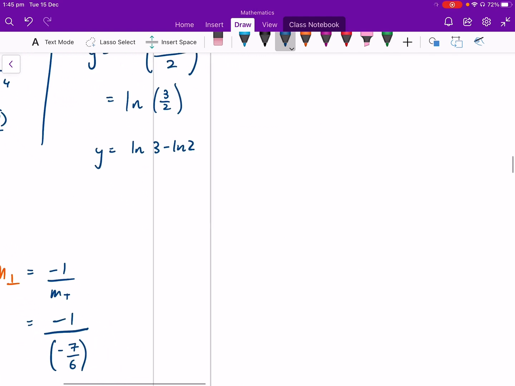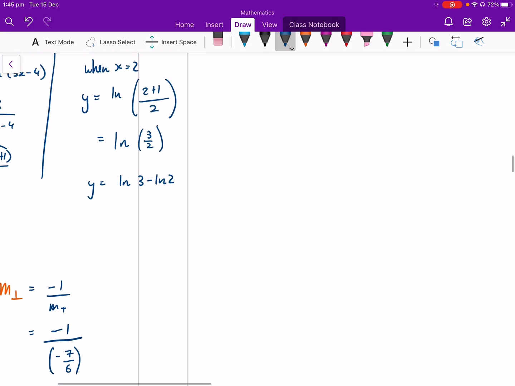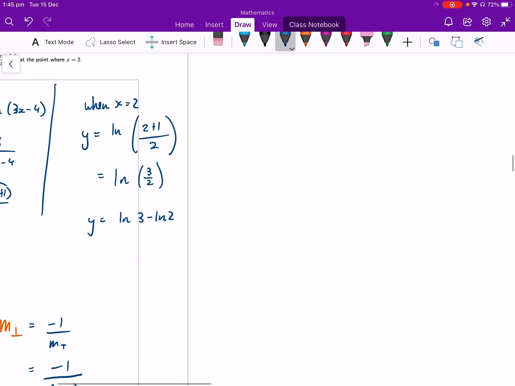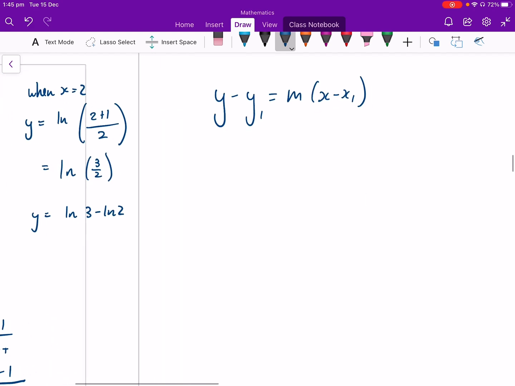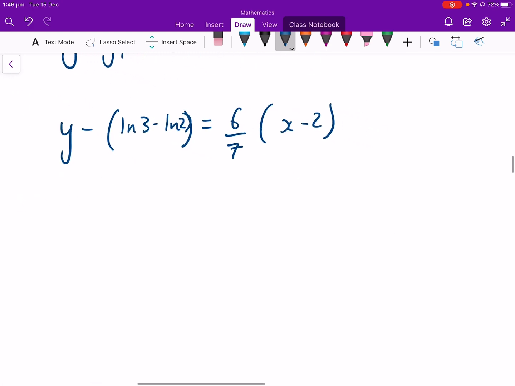So I'm going to put this into my one-point gradient formula of y minus y1 is equal to m(x minus x1). So here I have y minus ln 3 minus ln 2 equals my gradient of 6 on 7, (x minus 2). Little bit of algebra here,